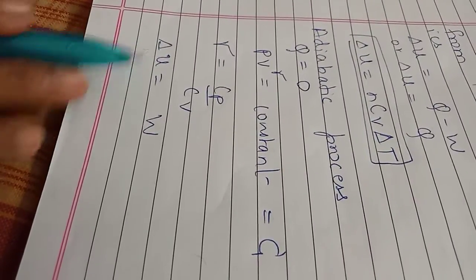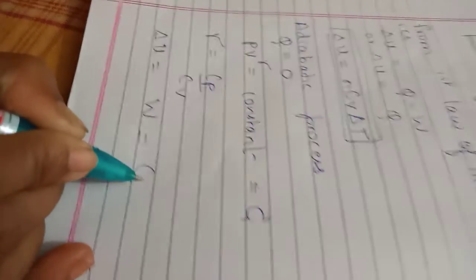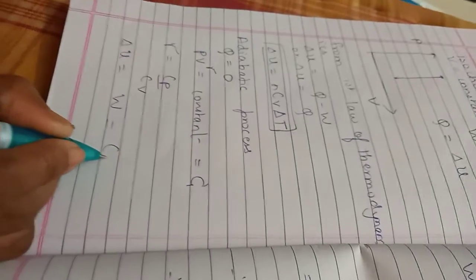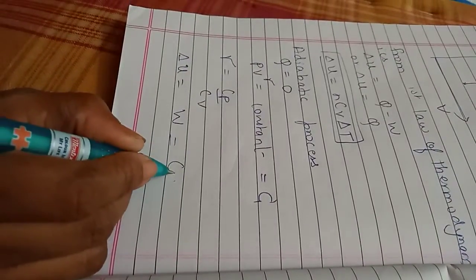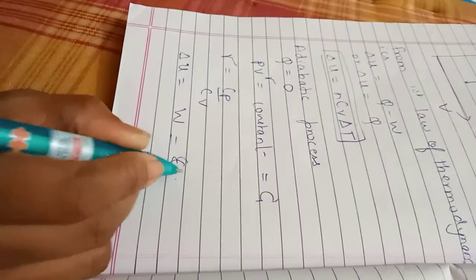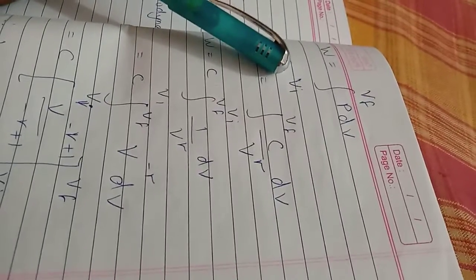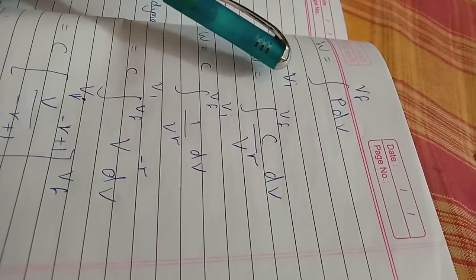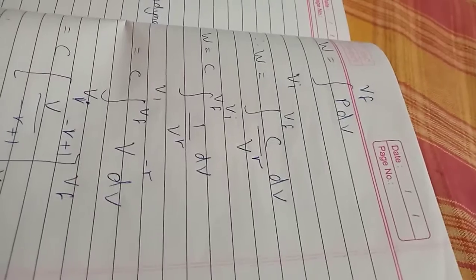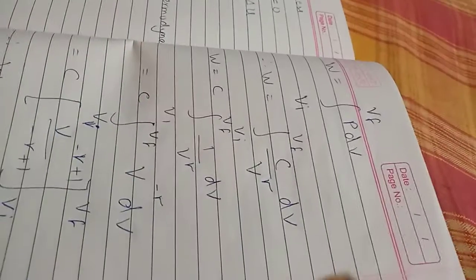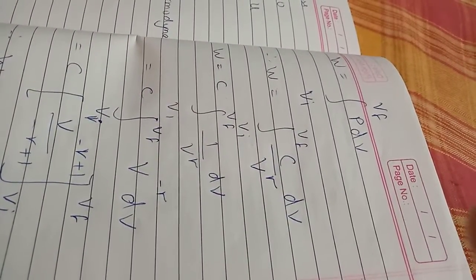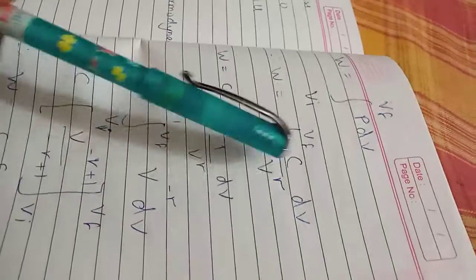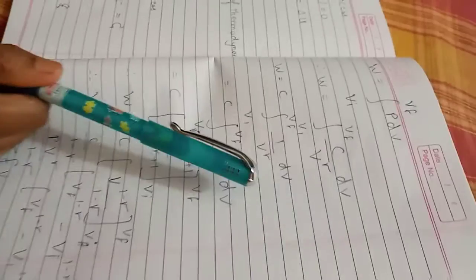Therefore, whatever amount of internal energy is work done, which is obviously C. We'll put it like this, work done, which is P delta V, total expansion, because the heat energy is 0, students. So work done is the integral from Vi to Vf of P dV. What is P? Obviously C divided by V raised to gamma, dV.